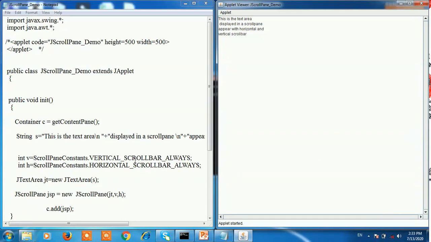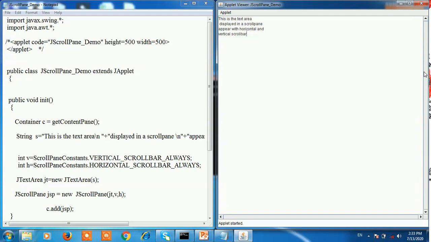Here we use the scroll pane constant value, scrollbar always. When you use vertical scroll bar as needed, then this scroll bar is not displayed.